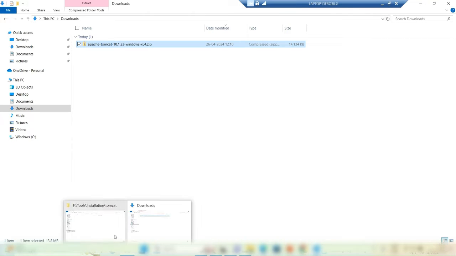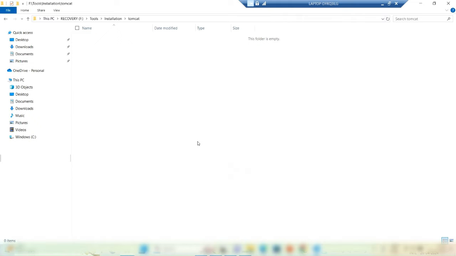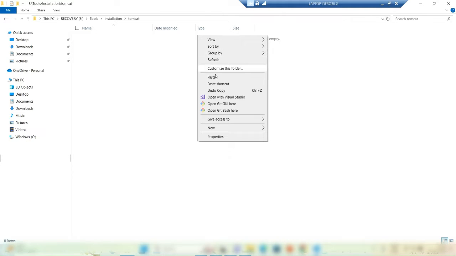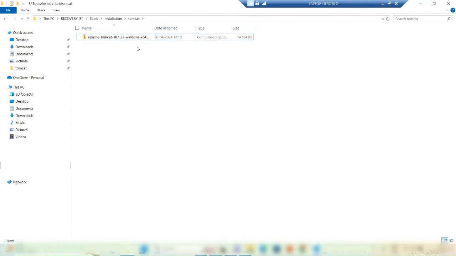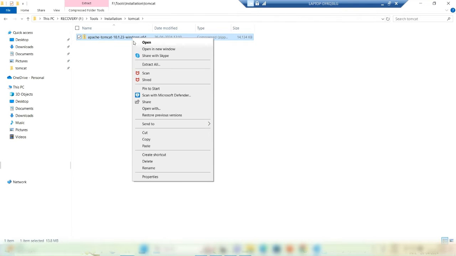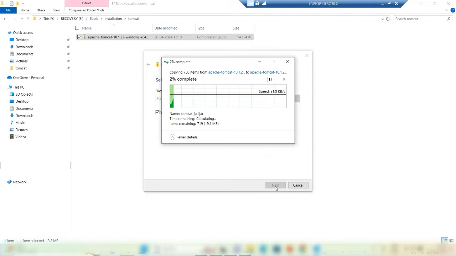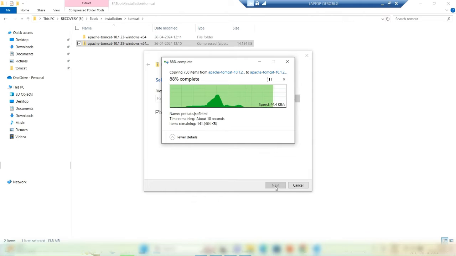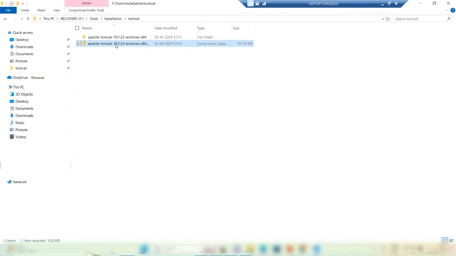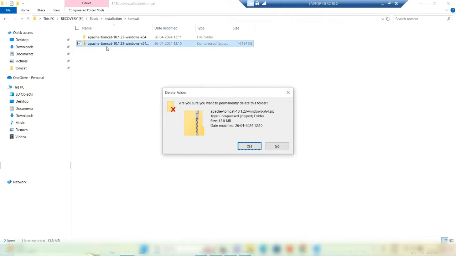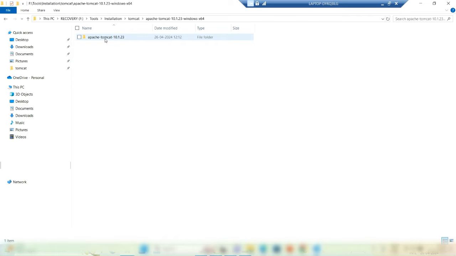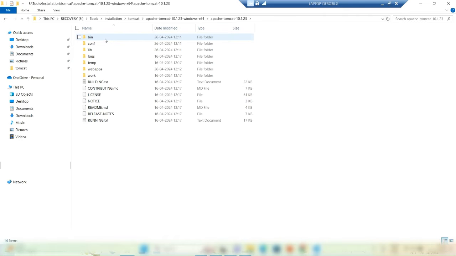Copy and paste to a different folder. Okay, unzip or extract this. Now this is extracted. Delete the zip one if you want. Now you can see this is the folder structure as we discussed: bin, conf, live, logs, temp, webapps, and